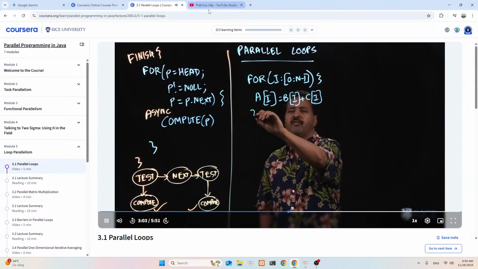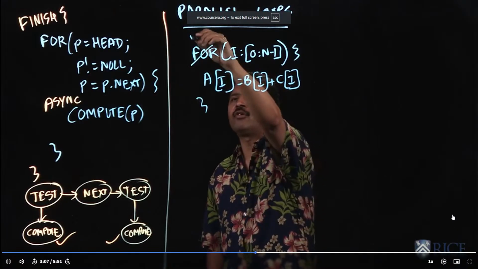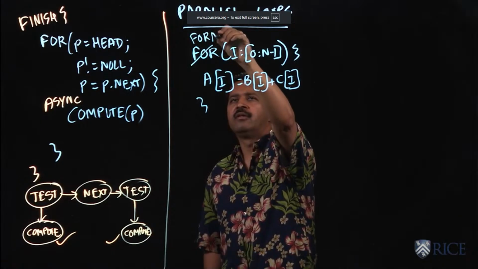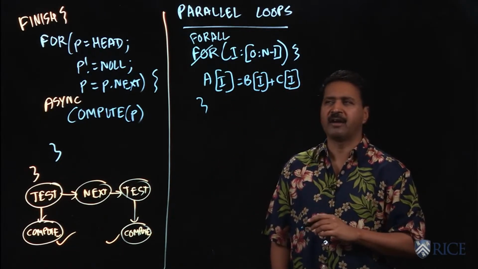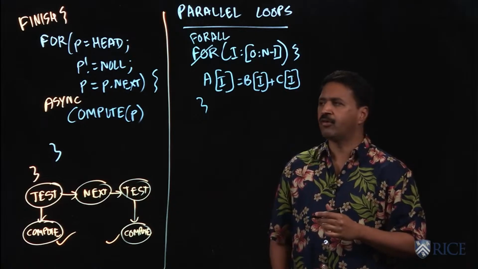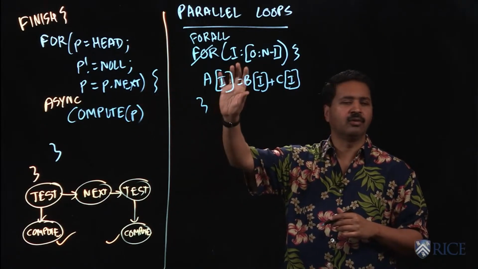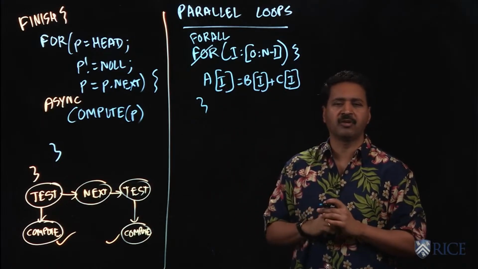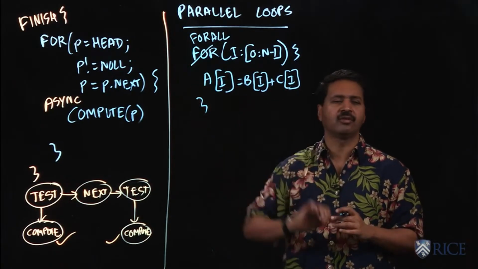Programming models, and we provide an API to help with this as well. We will use the term forall to say run all the iterations in parallel. And the meaning of forall is exactly what we had earlier, finish for async. You can logically think of creating a separate task for each iteration and doing a finish when the forall